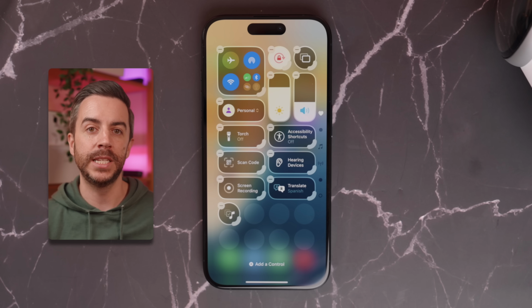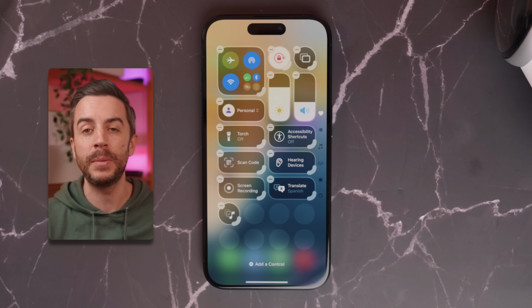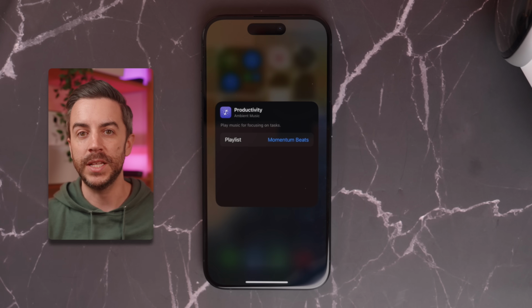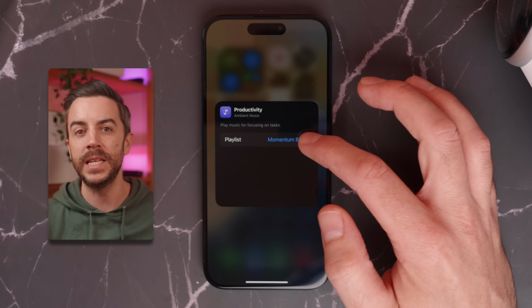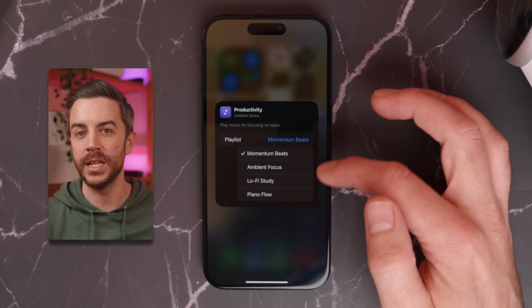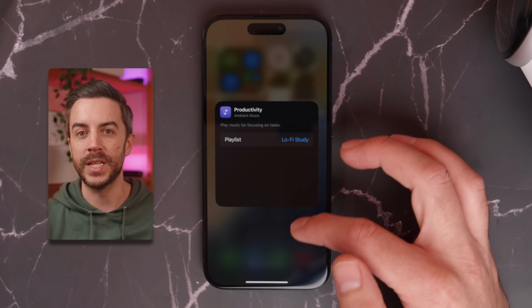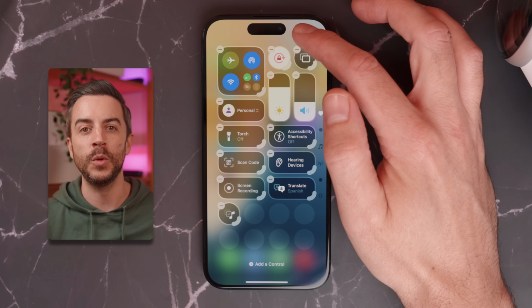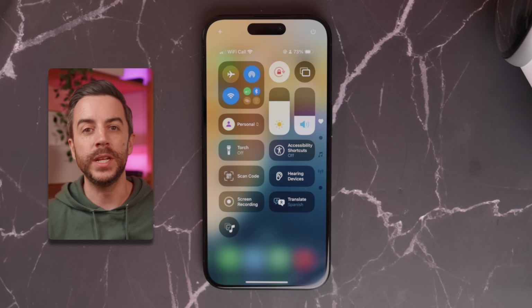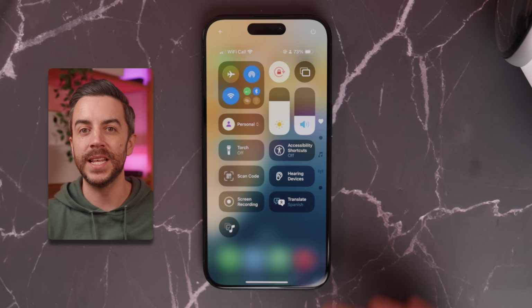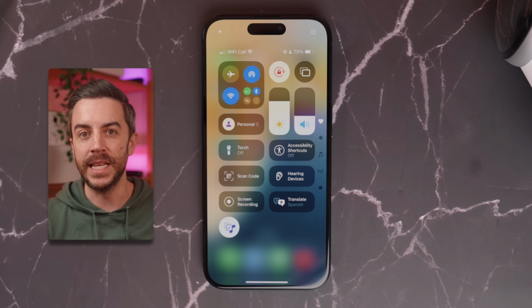Once you've added a playlist, let's say productivity, you can tap into it while still in edit mode and select from options like momentum beats, ambient focus, lo-fi study, or piano flow. You do the same for sleep, chill, or well-being if you wanted to set up those too. From that point, it's just a case of opening Control Centre and tapping on your chosen button to instantly start